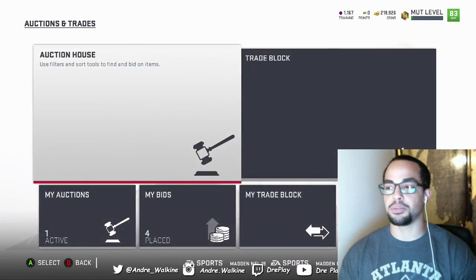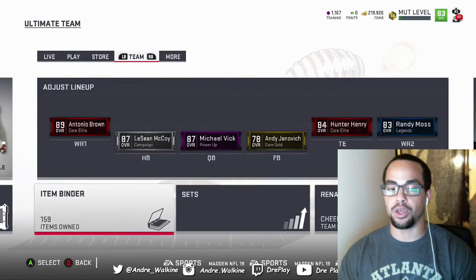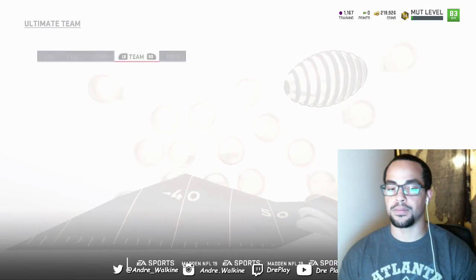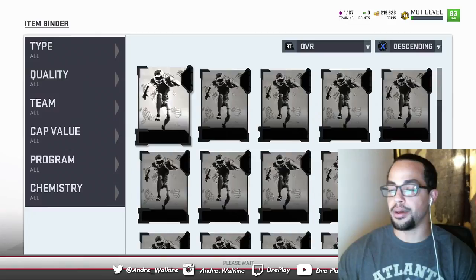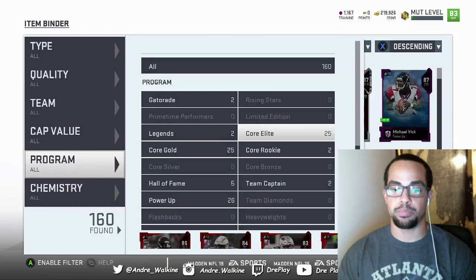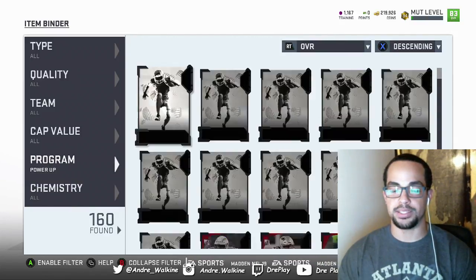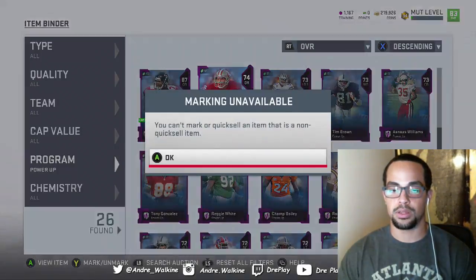And then we have a decision to make at wide receiver. I'm thinking I'm going to go ahead and go with the power up Tim Brown. That's what I'm thinking. But I'm not positive. I just want to make sure that I don't have the power up Joey Bosa already on my team and waste it. And which one of these should I keep, guys? Because you can...